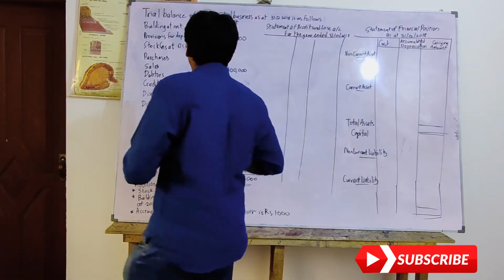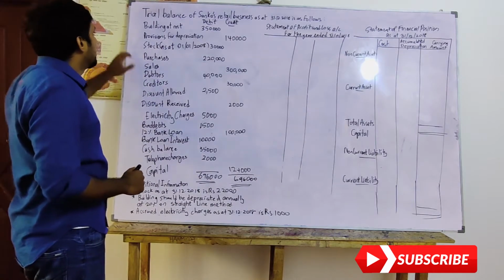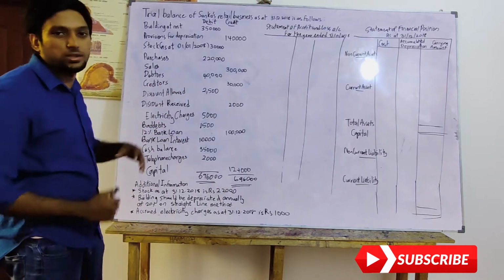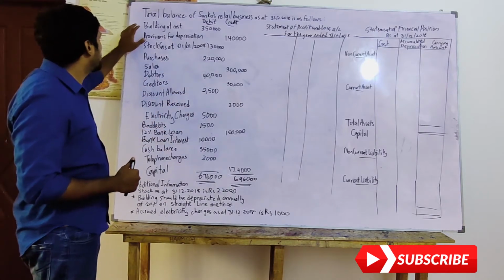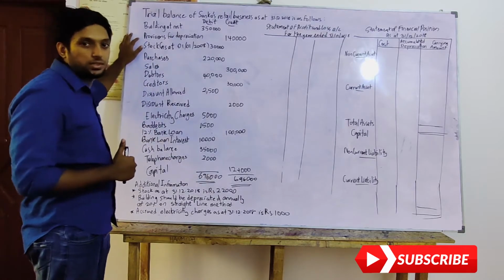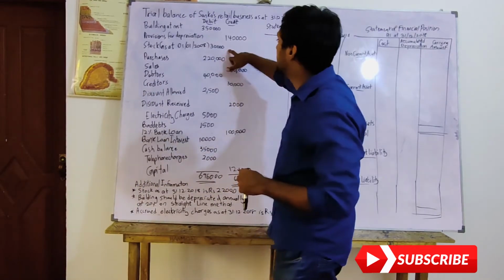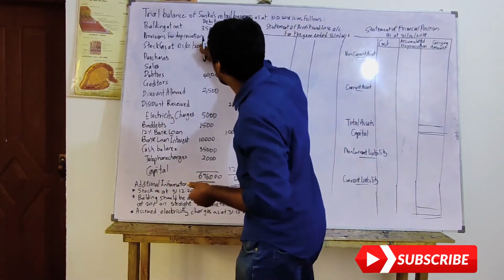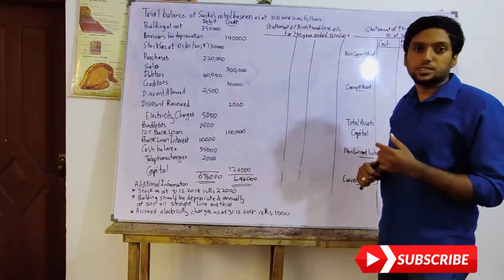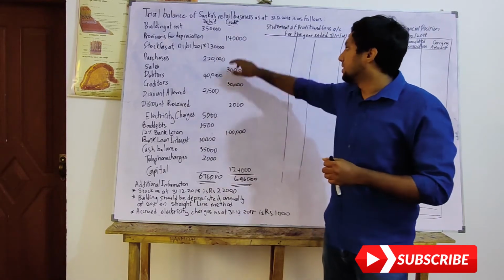You might see here I have written this trial balance, which is the trial balance of Sankar's retail business as at 31st December 2018 is as follows. Let me read the question, then I'll move on to the sum. Here they have given building at cost, debit 350,000, provision for depreciation 140,000, stock as at 1st January 2018. So here you need to understand one thing. If they have given stock as at 1st January, it is the opening stock of the business. That's the reason it is on the debit side, which is 30,000.